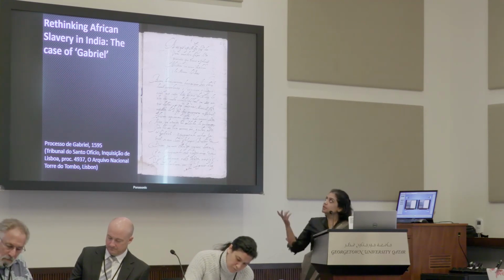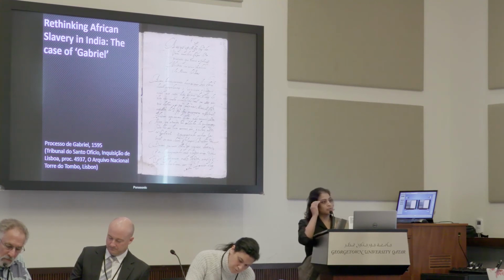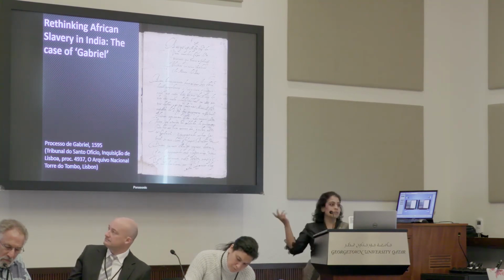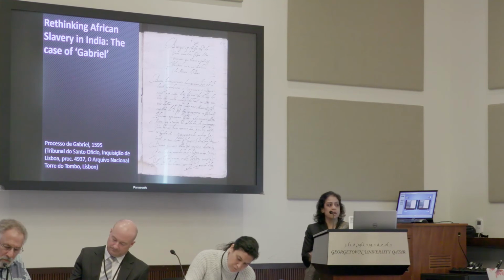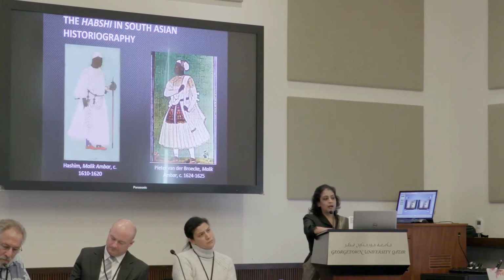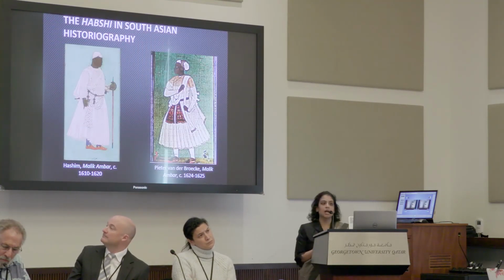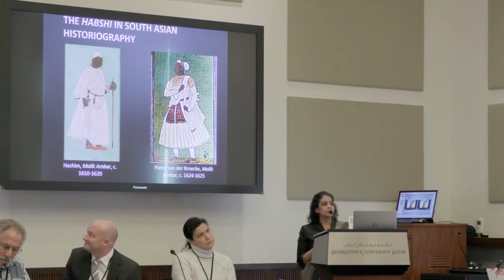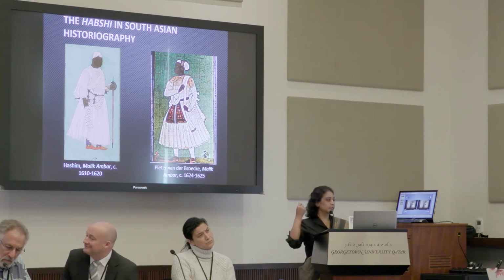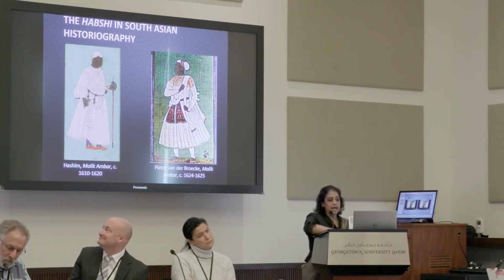But what I'm also seeing in these records is that it actually challenges some of our historiographical commonplaces in South Asia. And I have an article in Past and Present that looks at this one particular record of this Ethiopian slave called Gabriel, which is a really interesting kind of document to think with, because the image of the Ethiopian slave in South Asian historiography is really dominated by their status as military slaves or as royalty, these kind of iconic images of Malik Ambar,